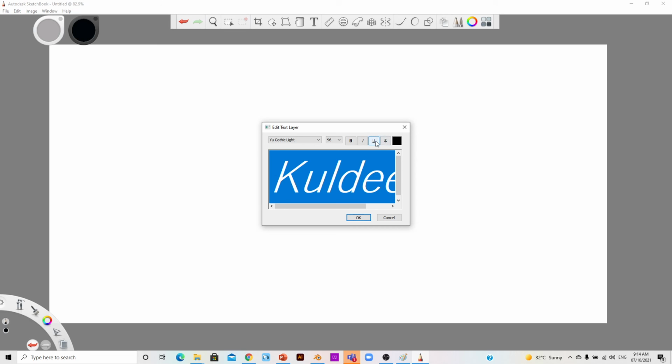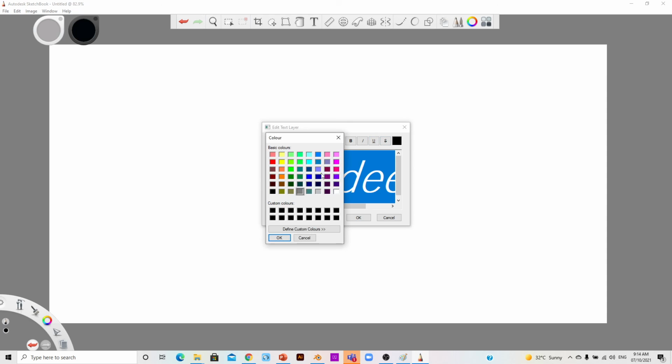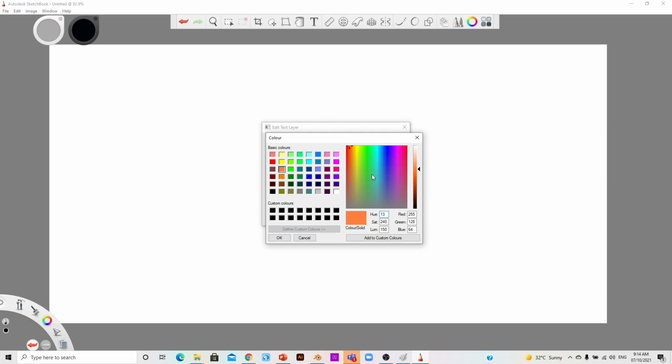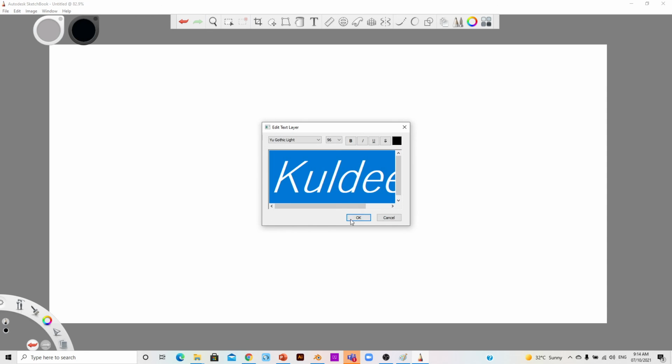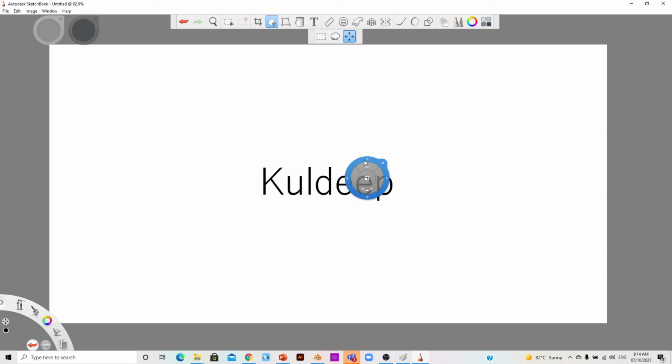All the options are there, and then you can change the color of your text also. There are some value options also. You can change the hue, saturation, and once you are done, then click on OK, and that's it. Now the moment you get first, what you need